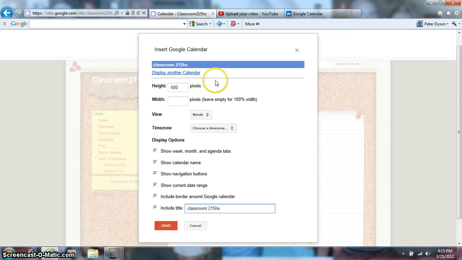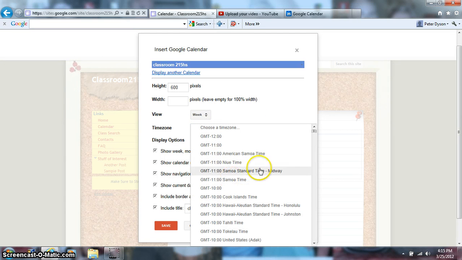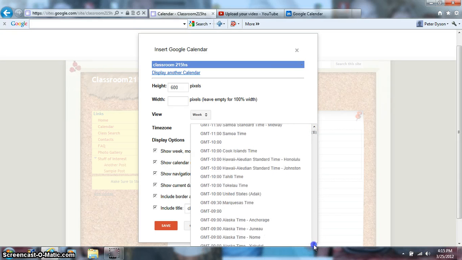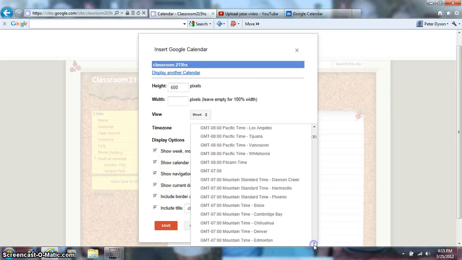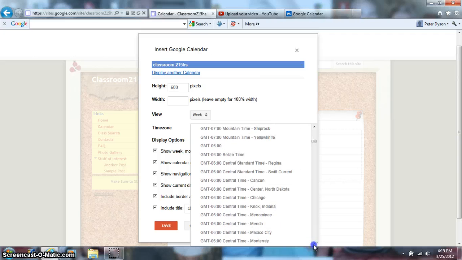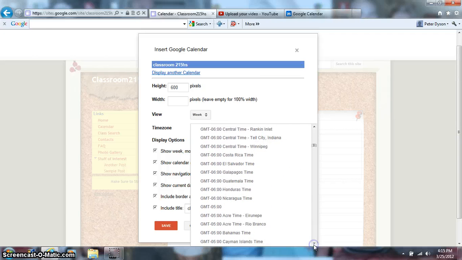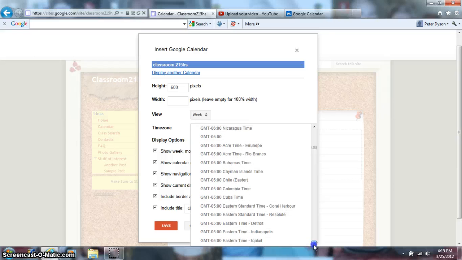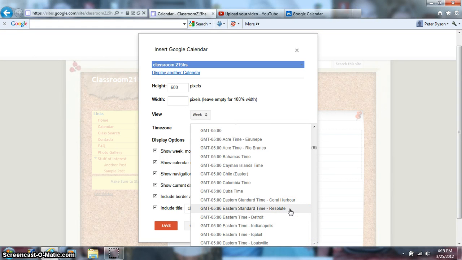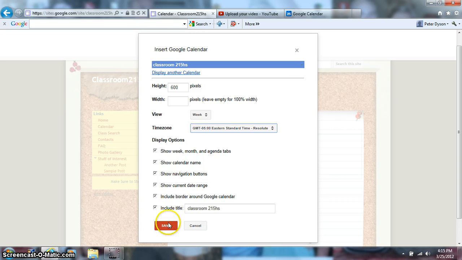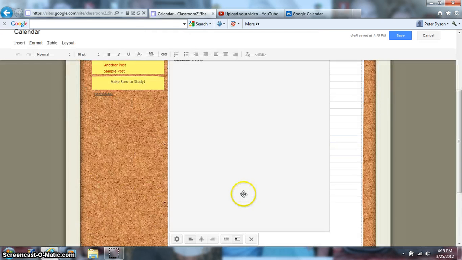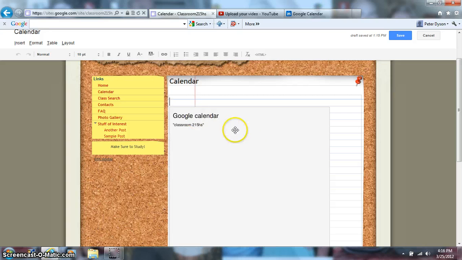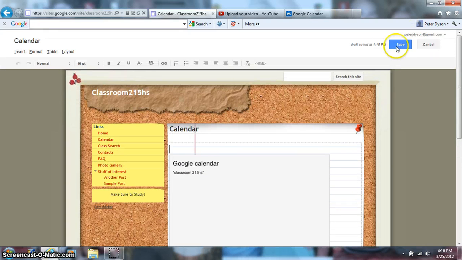We can choose any other options for how we want to view it. We will view it weekly. Choose a time zone. We will choose the Eastern time zone. Actually, it should already be there. But we will choose the Eastern time zone, and it's all the way down at the bottom. And there we go, Eastern Standard Time. We will hit Save, and there it is. The Google Calendar is now in there. Once we hit Save up here at the top of our Google page,